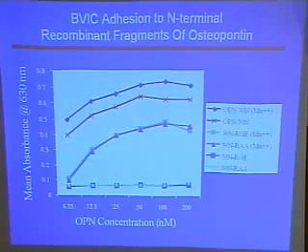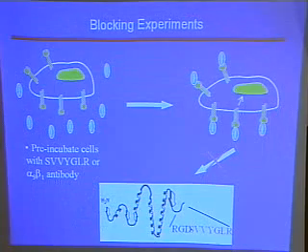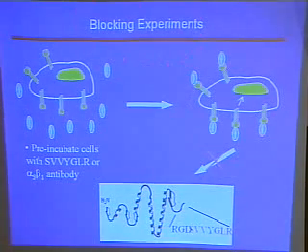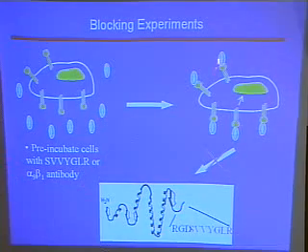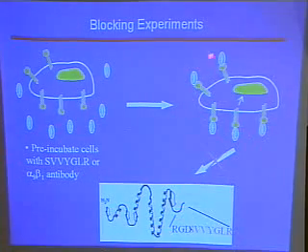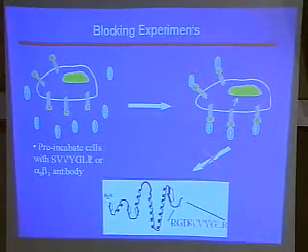The binding actually being mediated through the alpha-9 beta-1 antibody or integrin. So we did blocking experiments to answer that question, and we pre-incubated the cells either with this peptide ligand or the alpha-9 beta-1 antibody, such that if the integrins are all bound up by the antibody or the peptide, they would not be available to bind to the osteopontin ligand.